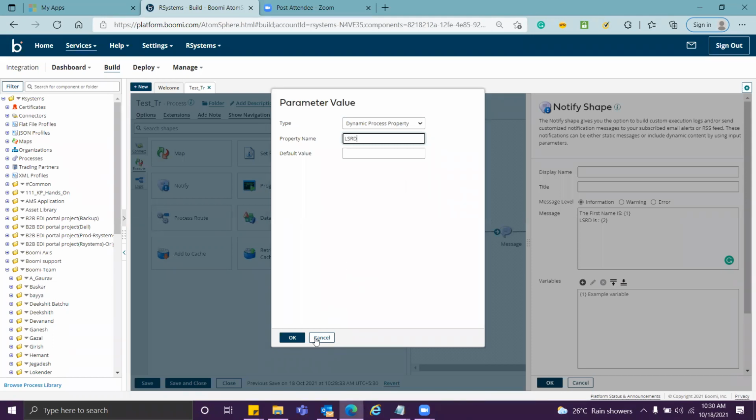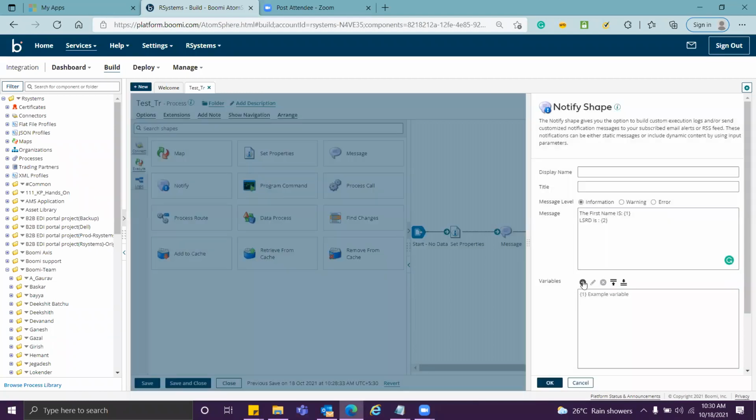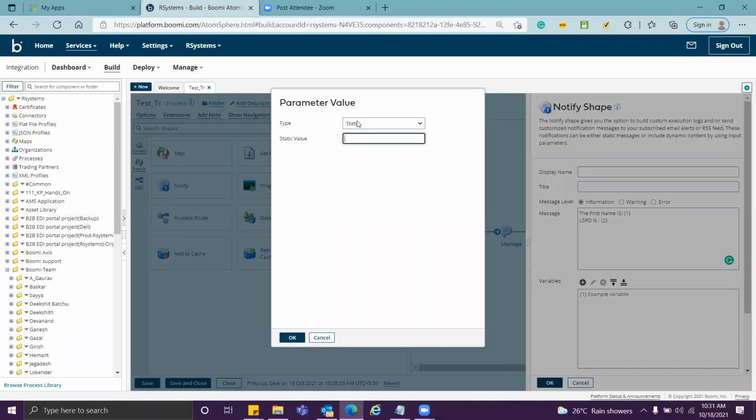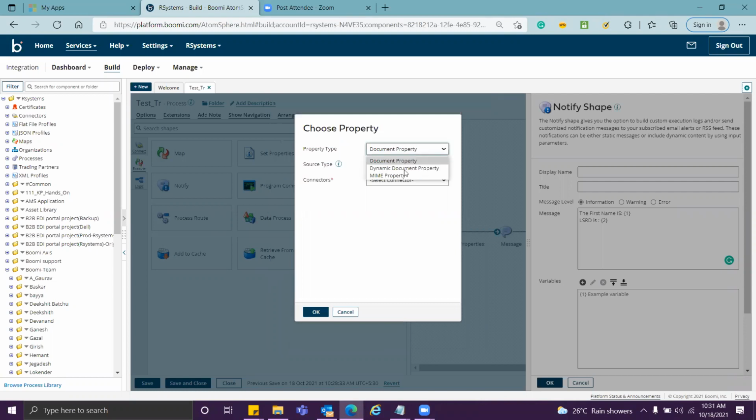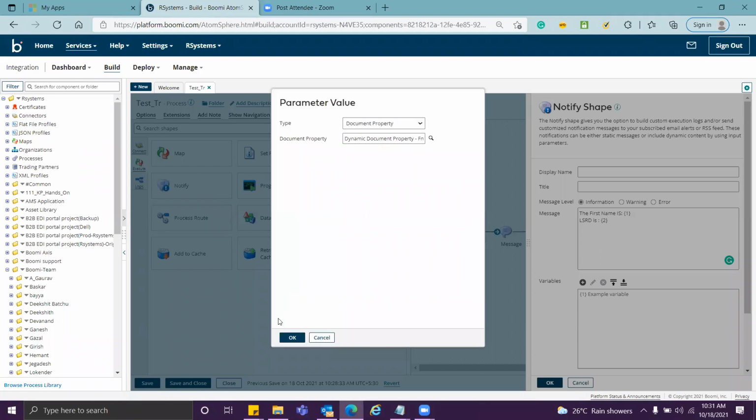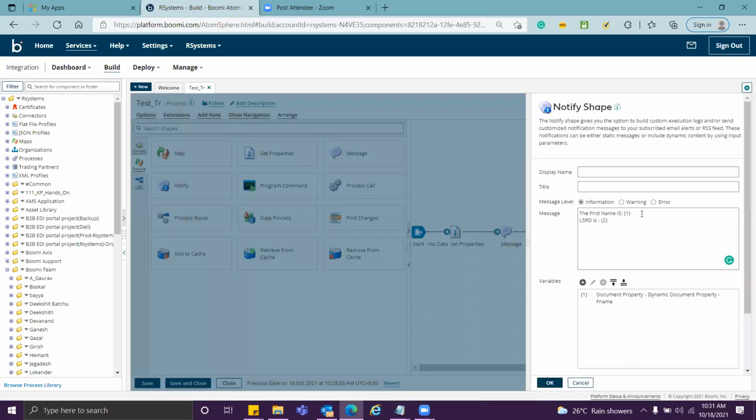Sorry, that's my second variable. First variable is my dynamic document property, right? So I click on document property again. I click on choose. Now I go to dynamic document property and give it as F name. Click OK here. And then for my second variable, so you see here, right, in curly braces, you're seeing 1. So whatever value is coming from the F name document property will be set at this level.